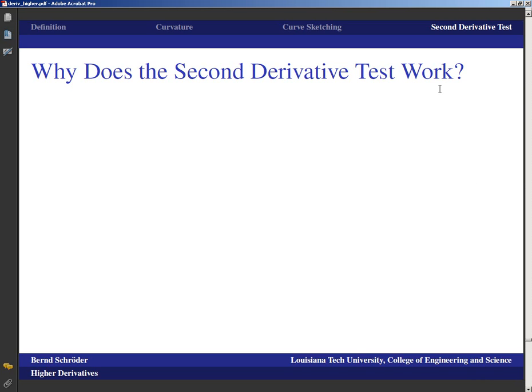I mean, f double prime greater than 0 gives us what? A minimum or a maximum, and well, that's easily confused, right? So how does this go conceptually? Well, let's take a look at the second derivative. Second derivative smaller than 0 implies, well, let's see, anytime a derivative is smaller than 0, that means that the function is decreasing. So second derivative smaller than 0 means that the first derivative is decreasing,